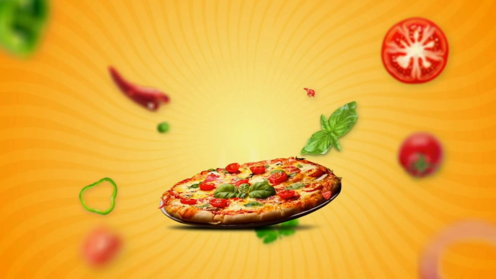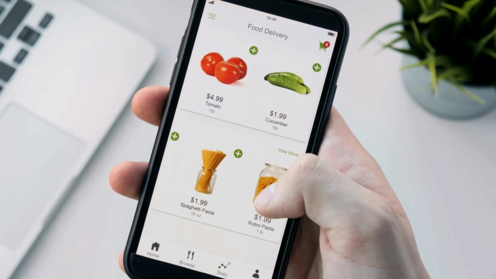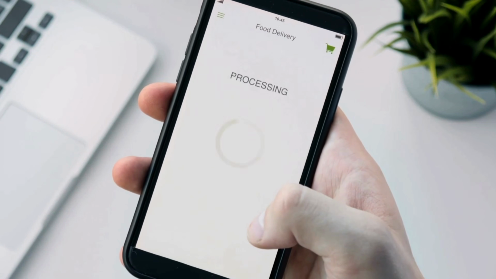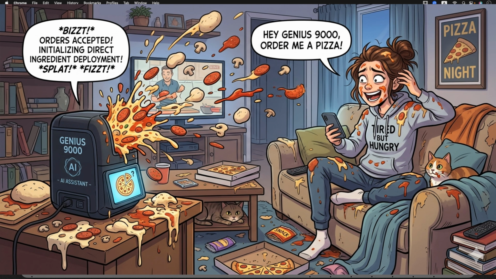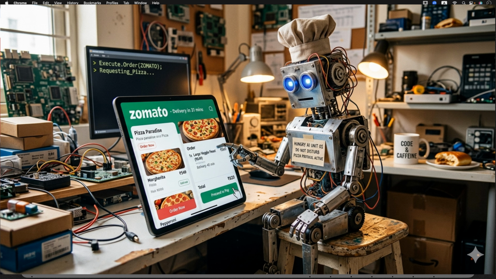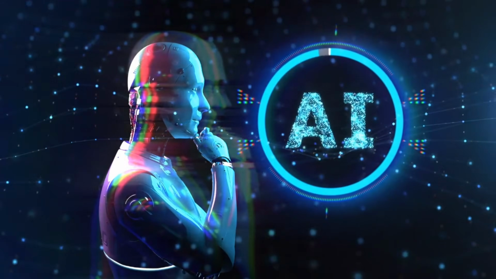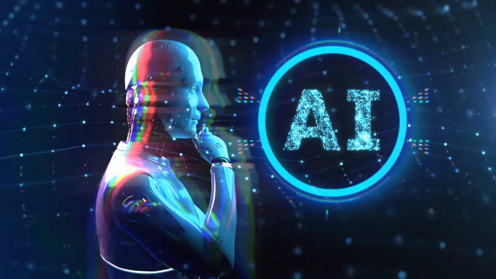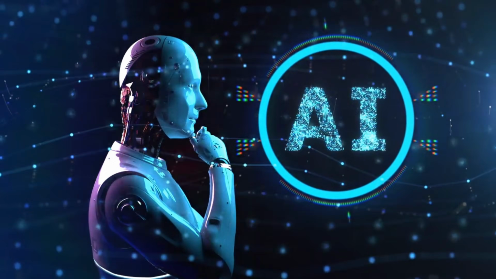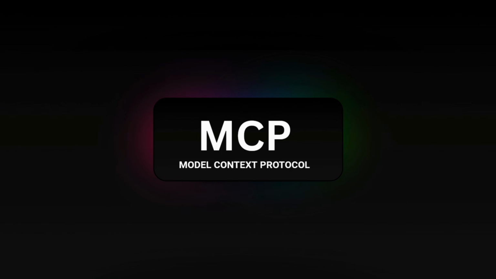Imagine this, you are craving pizza and instead of opening Zomato, searching and placing the order manually, you just tell AI, hey, order me a pizza and it actually does it for you. Now you might be thinking, what? Is this even possible? Yes, it is possible because MCP is now a buzzword in the Gen AI world and